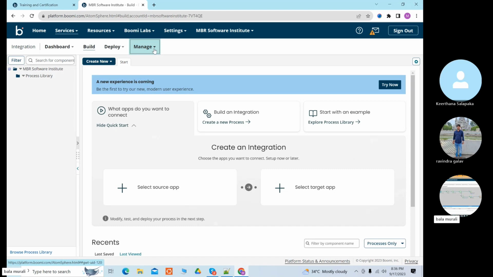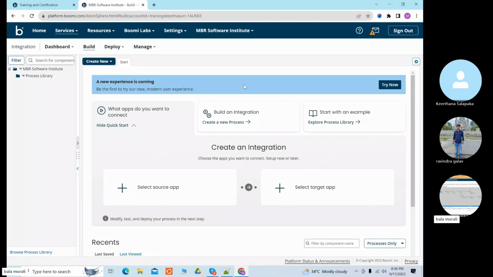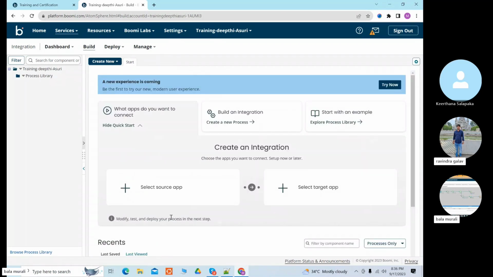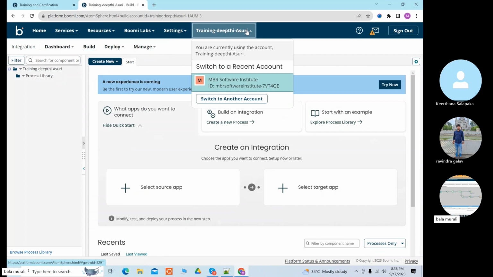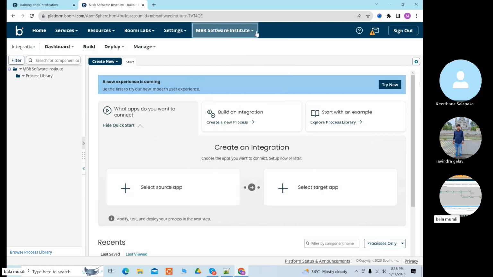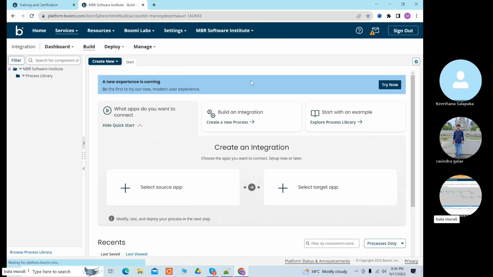Okay. So coming to this, for you, I have given one access to this account. In this account only you can complete the courses and everything. In rest all account you can't do. The difference is that whatever tasks I give, you just use this MBR training account, this MBR software institute account. But whatever certifications you do, you do in this account. Oh, my own account.